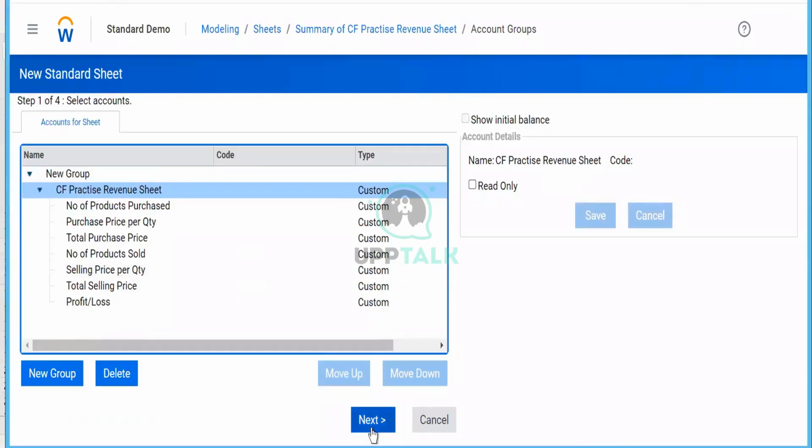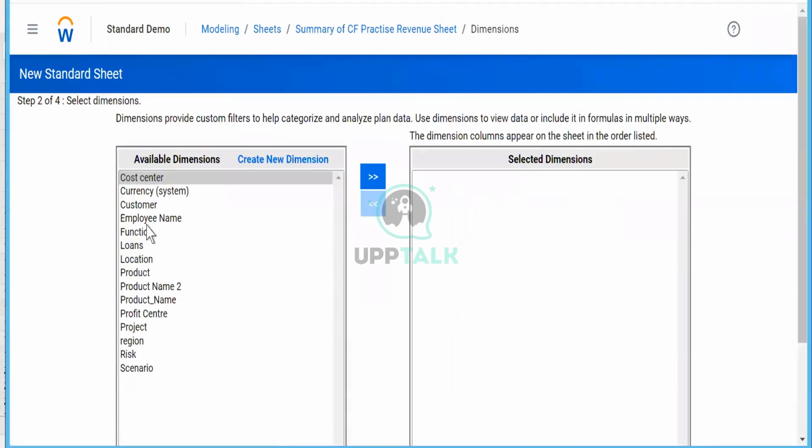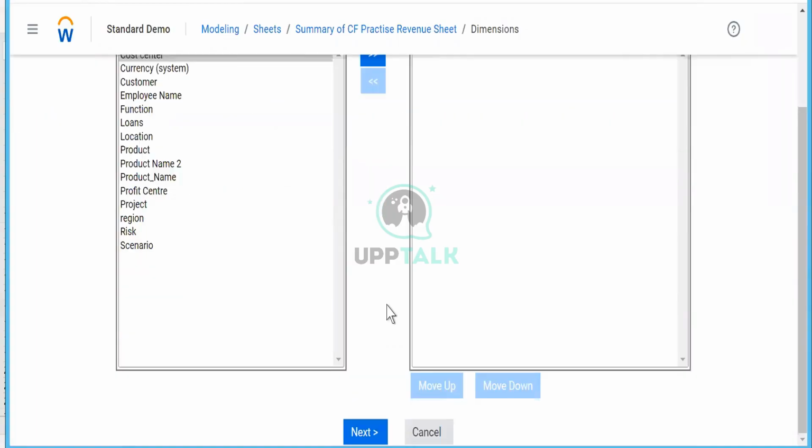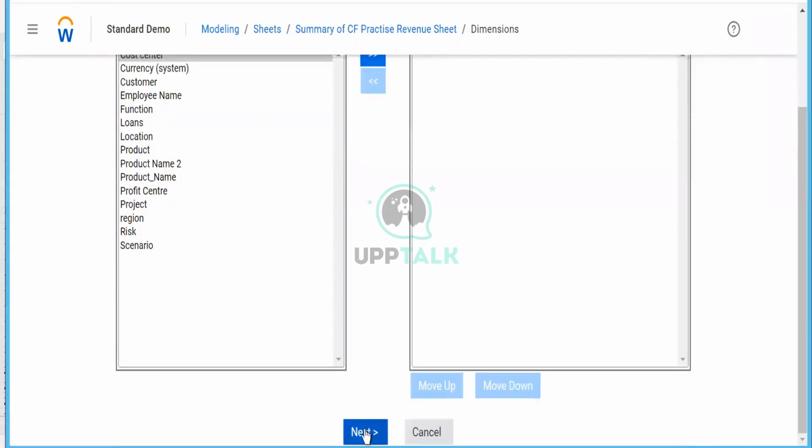Let's first continue the process. Next, I will click next. Step 2 is always optional. You don't have to do this. It is a new feature where a standard sheet can also add a level dimension to it. But as of now, we haven't taken any example, because if you need a dimension in the sheet, it is always advisable that you make it a cube sheet. I will explain why later. But step 2 is always optional in a standard sheet. Just keep this in mind.